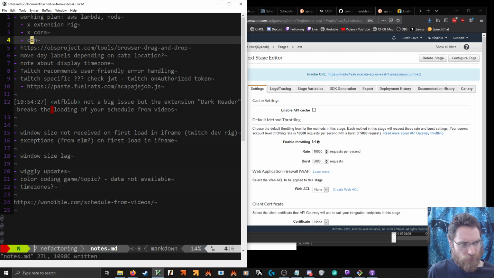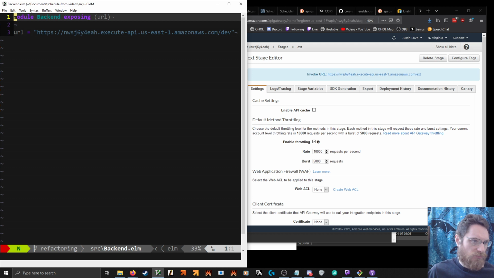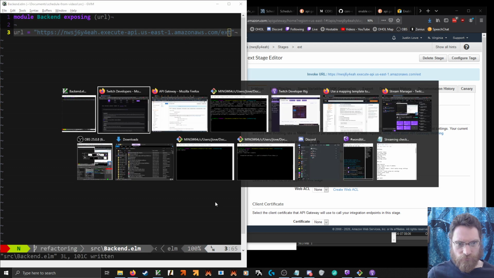We've not actually configured a CDN yet, which I guess for initial local testing, you wouldn't necessarily want in the mix. And we've got a compiler going.